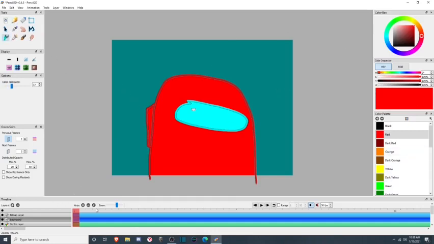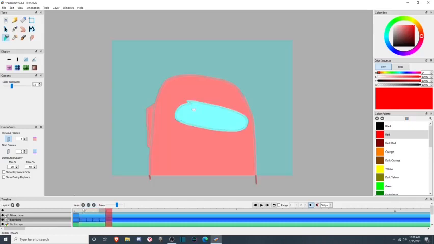And then let's say I want him to be, it'll show him for a couple frames, and then it will switch to the other guy, and then it'll show the other guy for a couple of frames, and then yeah, you can just do whatever you want. And then let's say in the end